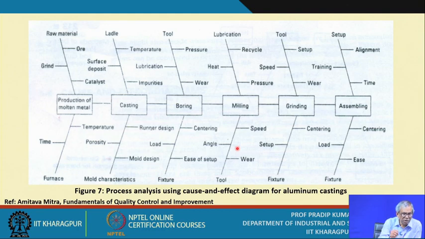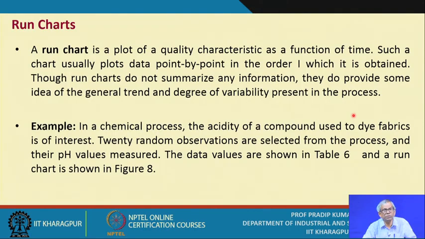So, the sub processes, and against each of the sub processes, what are the factors controlling the process performance at each stage. When you draw the cause and effect diagram as per the sequence of the processes, the output from one stage becomes the input to the subsequent stage, and ultimately you go to the final stage. In this case, it is assembling. This way you represent the cause and effect diagram. This is referred to as